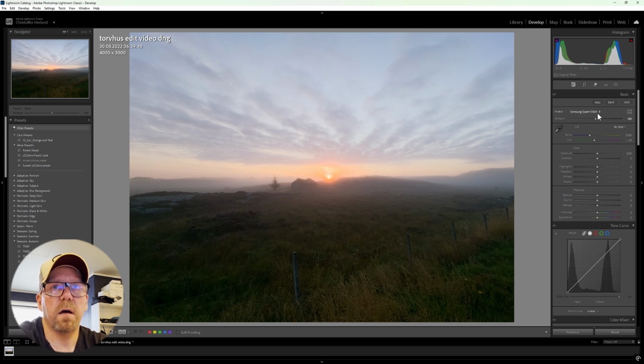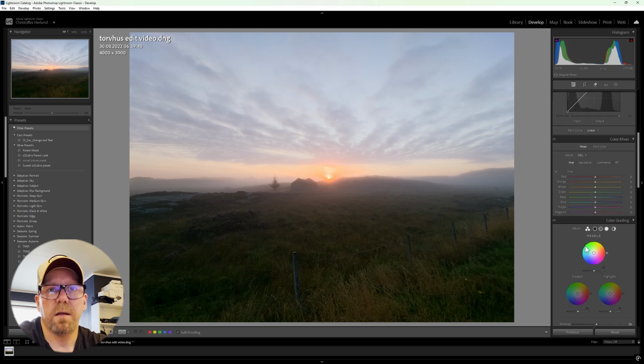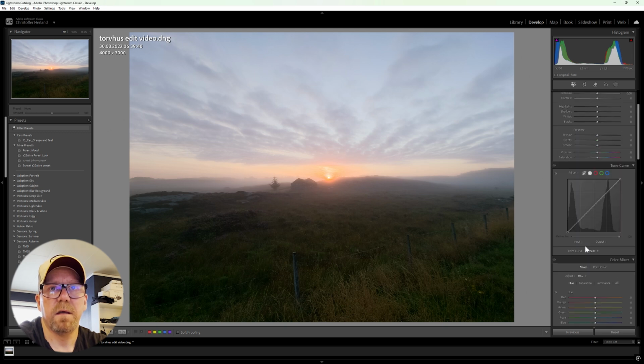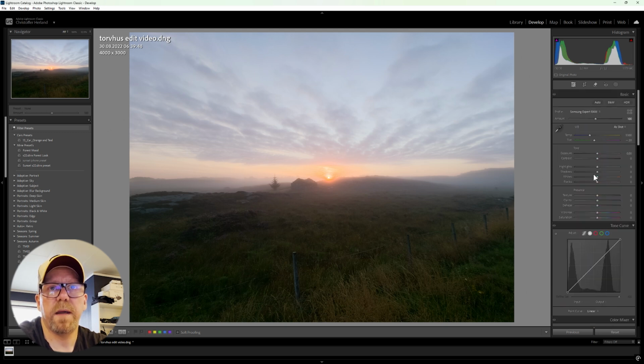Lightroom has its own profile for Samsung Expert Raw that you can choose up here on the right side. And as you can see below here, you have basic adjustments, and the further down we go, it gets more advanced. So we're going to start up here, and first of all I'm going to change this Samsung Expert Raw